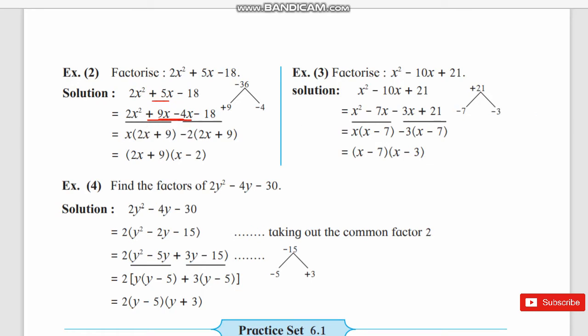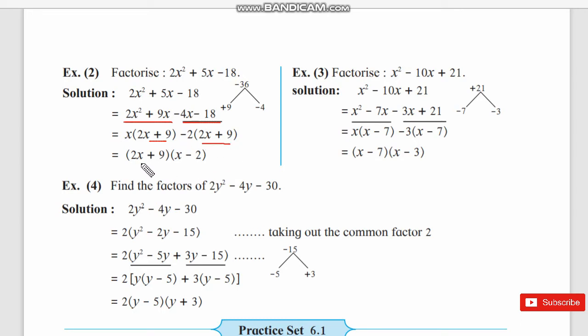We get the 4 terms here and make 2 groups of 2 terms each. Let us see, this is the first group, 2x square plus 9x, and this is the second group. So what do we write here? Take x as common, and 2x minus 2x plus 9. Take 2 as common, 2x plus 9.